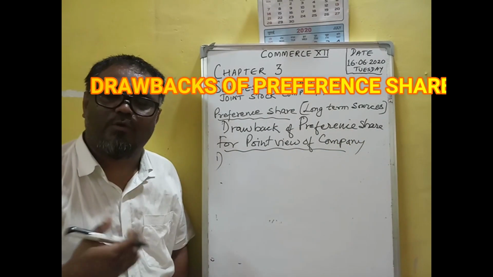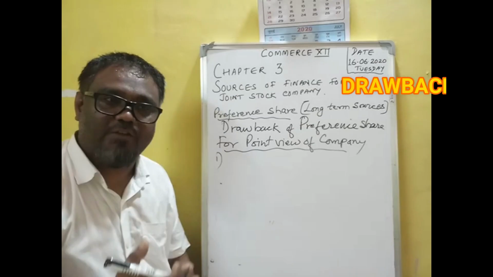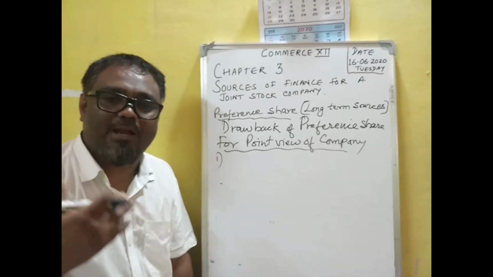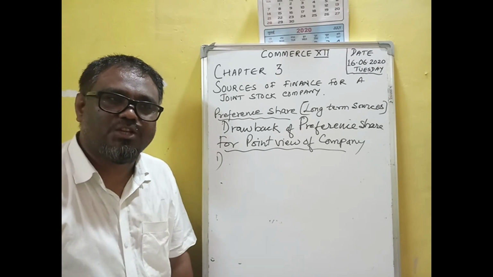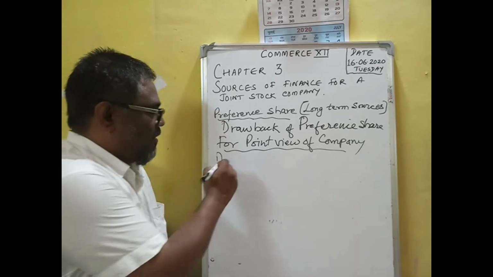Whenever you are writing advantage or disadvantage, you have to see from the point of view of who, either investor or company, and you have to mention that. The question will also come like that: drawbacks of preference shares from the point of view of shareholders or the company side. So from the company's side, first of all,